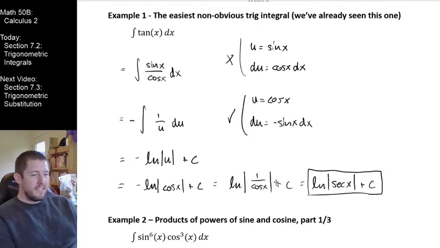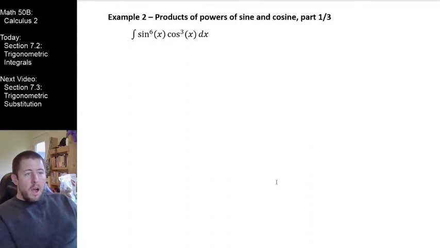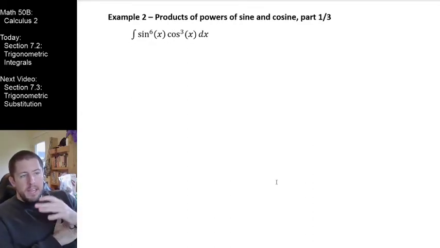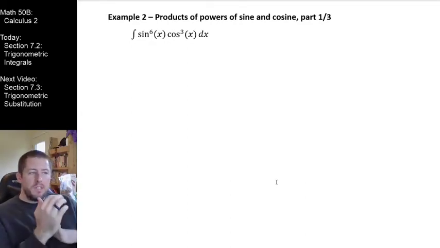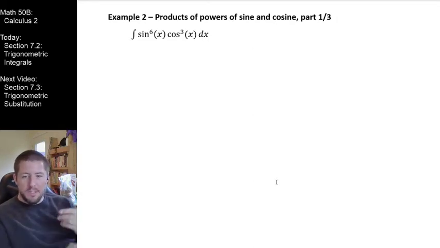So let's take a look at our next example, something a little bit more exciting. Our next three examples are going to be things dealing with products of powers of sine and cosine. I really should just say powers of sine and or cosine. A couple of the ones that we're going to do right now are only going to include one of our two trig functions rather than products of both. But I think this is a good first example for us to see what types of substitutions we want to make, because I'm hoping you're recognizing that we've got both sines and cosines, and that leads me to believe that there should be a relatively direct u substitution